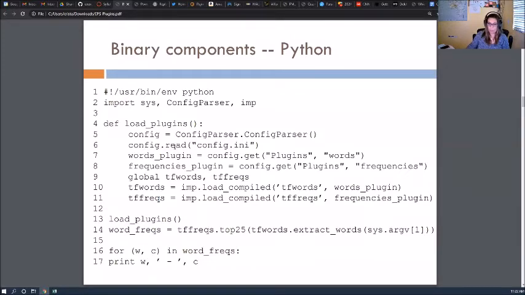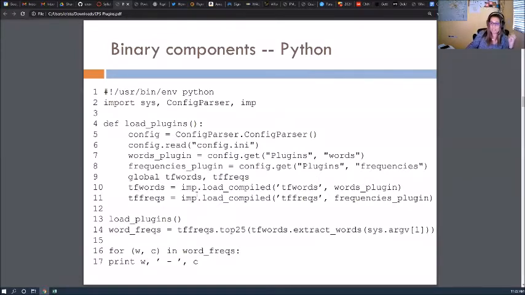So if you look into the term frequency program that I have, for this chapter 20, this is what it looks like. So this is sort of the framework, right? The framework code is super simple. It actually doesn't have anything. It just has the most important function, load plugins, right? So the idea is that you have a generic framework that doesn't do anything, it just loads the plugins, and